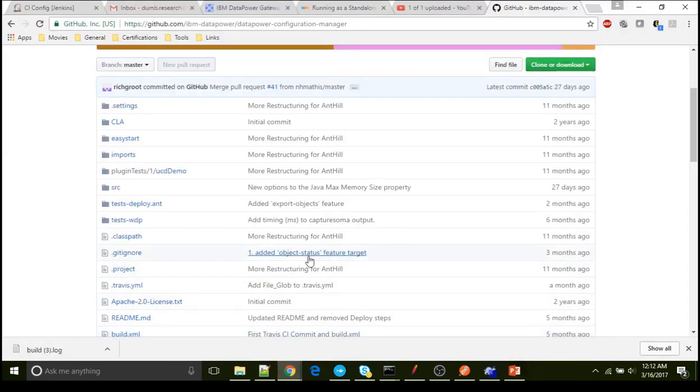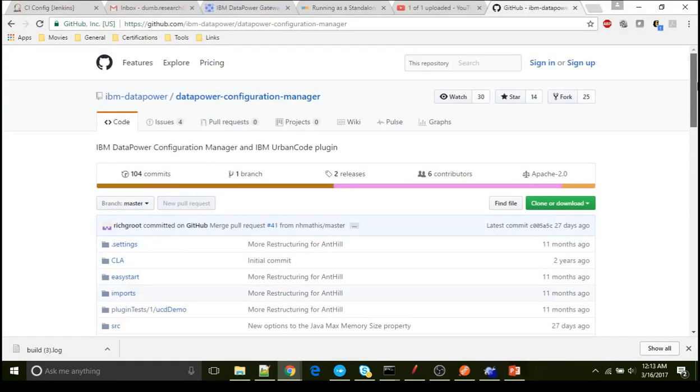So let us see what that DCM is here. You can see here DataPower Configuration Manager, which is available on github.com, and there are one or four commits, which means once the original source code was made available here, there are one or four contributions done to it.